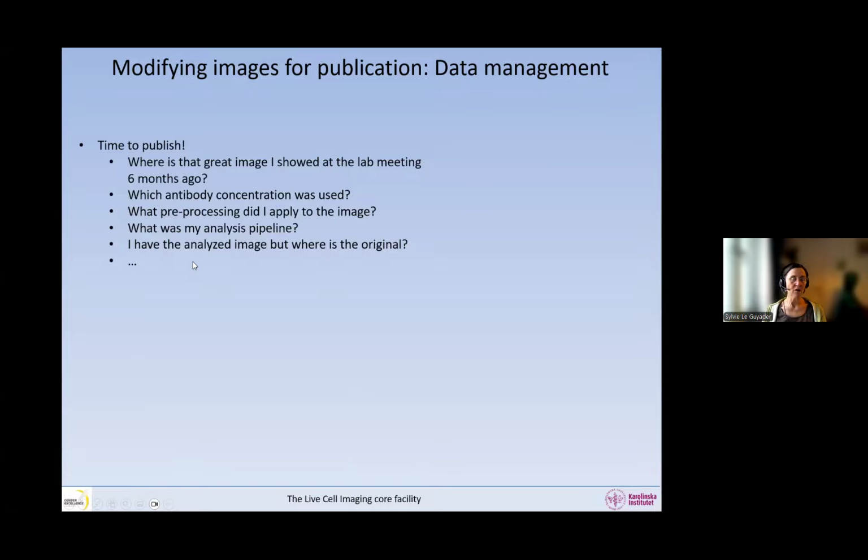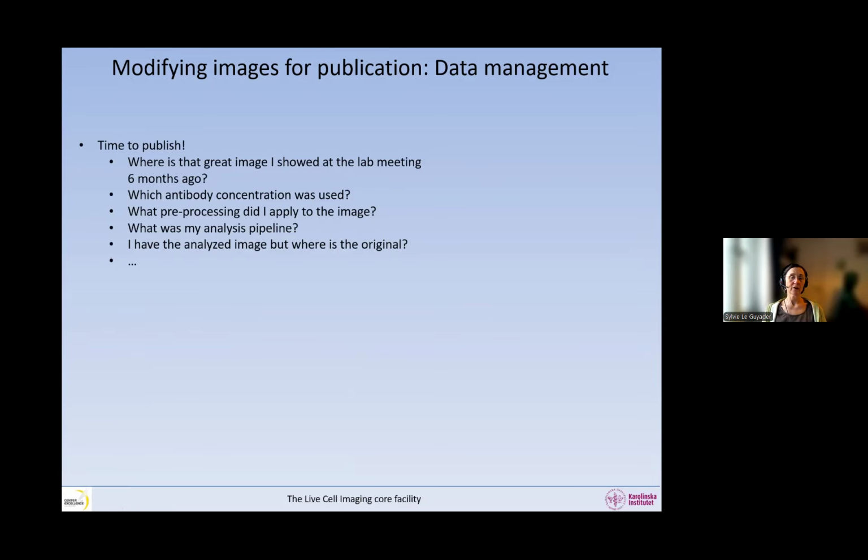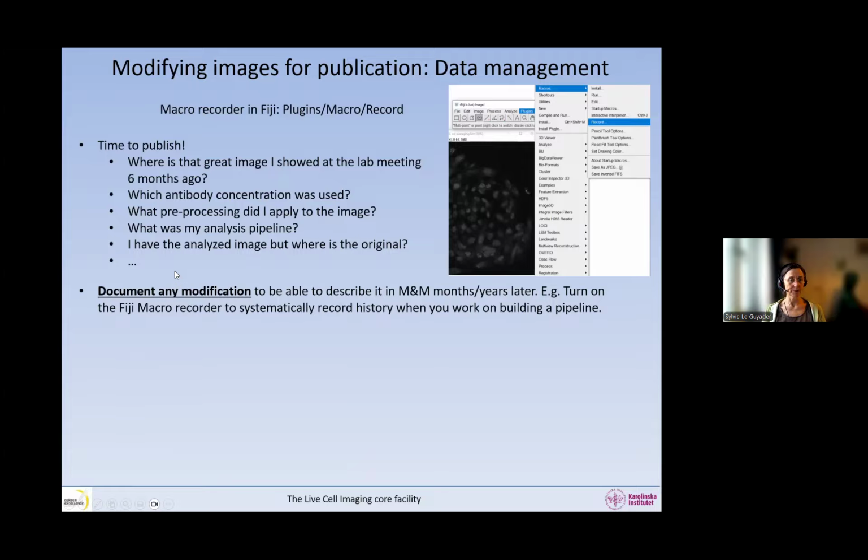So this is now that you need to think about data management. It's not once it's time to publish. Make sure your data is organized properly, that you always save the original, and you can save whatever you have transformed in the same folder. You need to have a way to find the original. So for this, OMERO is fantastic, because you can work on the original image and then make a figure modifying the image, so showing the image modified without actually modifying the original. So it is a very, very great tool.